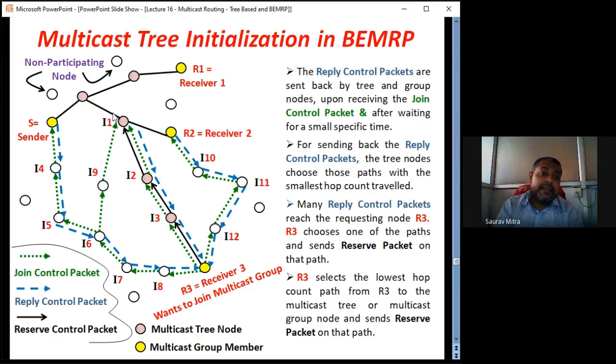So I explained that this node I1 could send the reply control packet to R3 by this path through I9, I6, I7, I8 and R3. But there are 5 hop counts. But the same path I1 to R3 is done by 3 hop counts. Hence I1 discards this path and I1 sends the reply control packet through this lower hop count path, that is